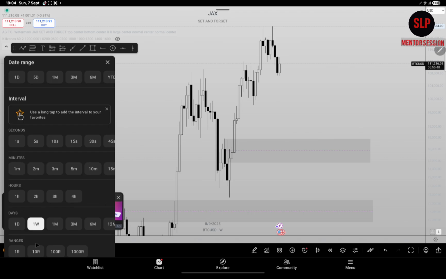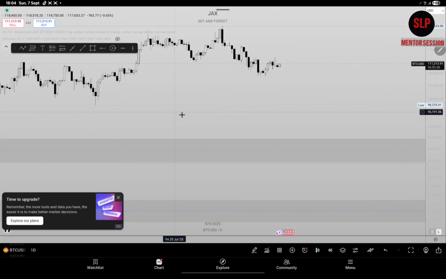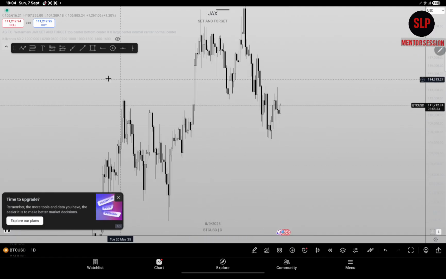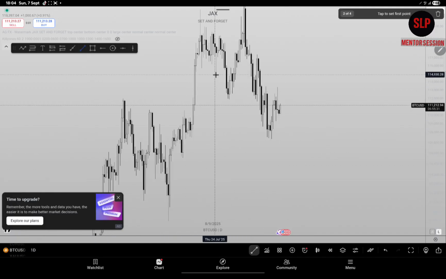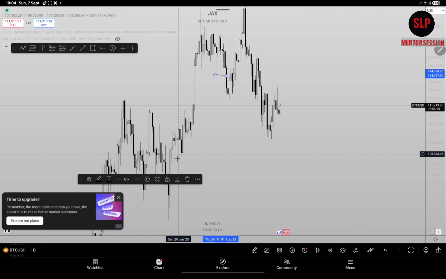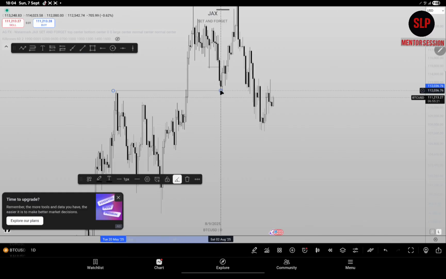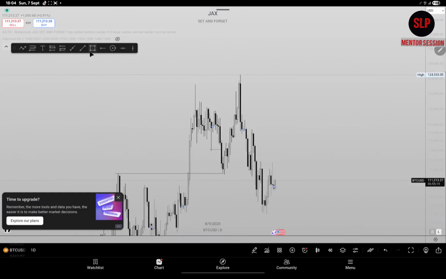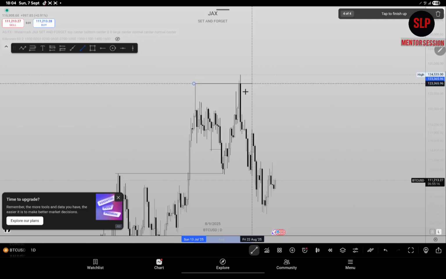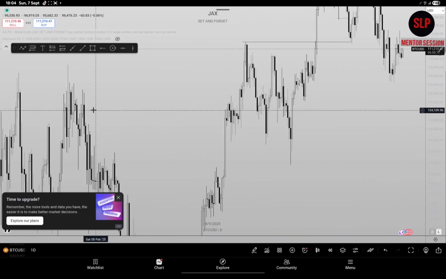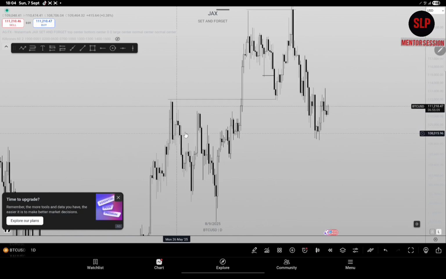Let's go to our daily time frame so I can see it clearly. On the daily time frame, price took out liquidity. What does the price do? Price tapped into a breakout block and pushed to the upside. After breaking another structure, another high, you can see the price pulling down. And I know that price has taken out a major high, which is around here. Price has taken out a major high, so there should be a retracement.